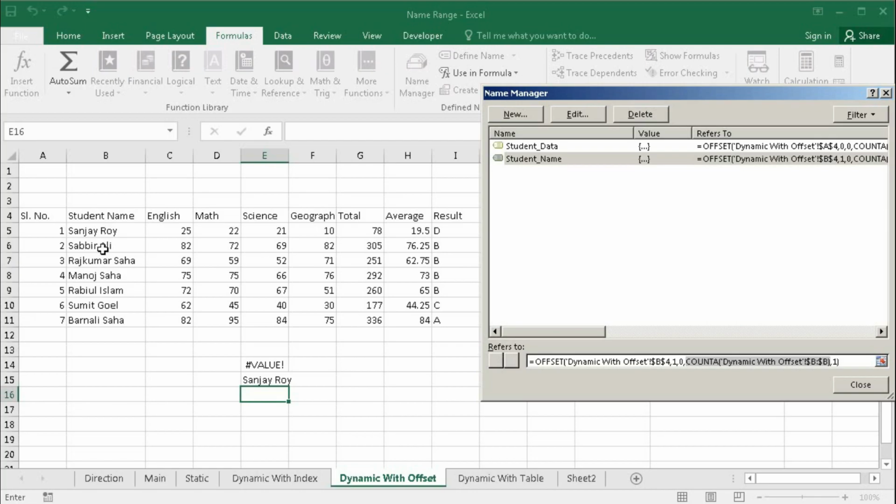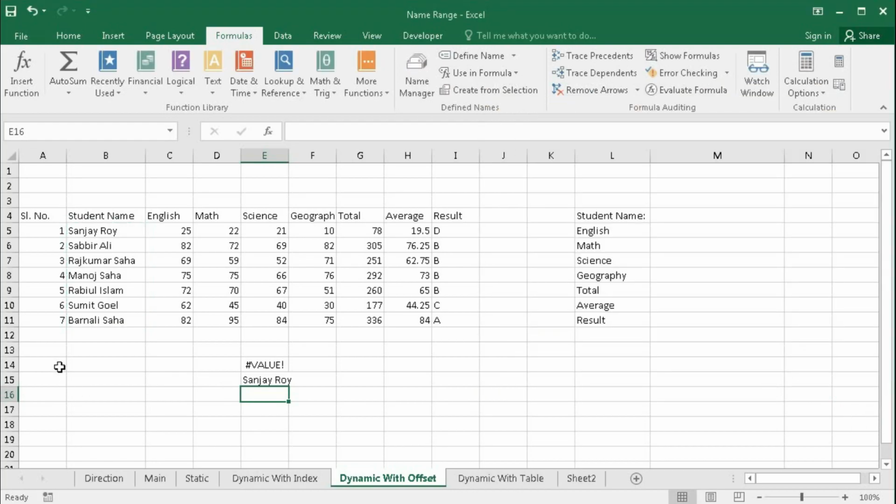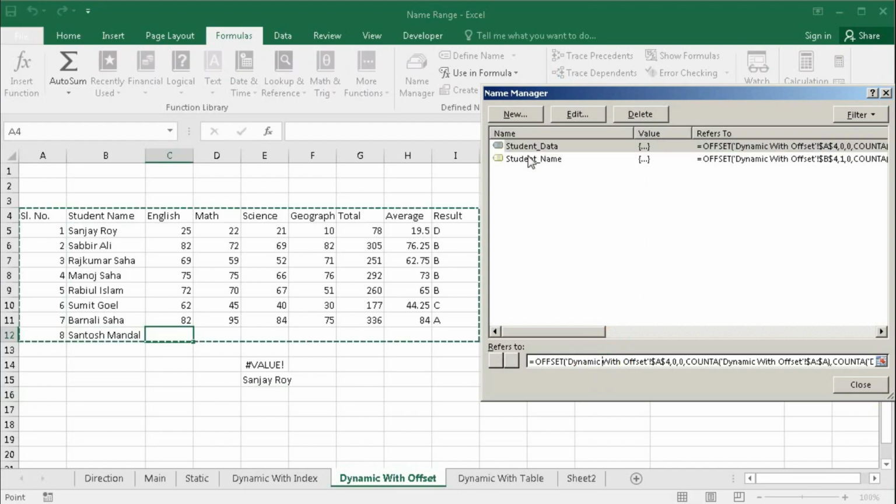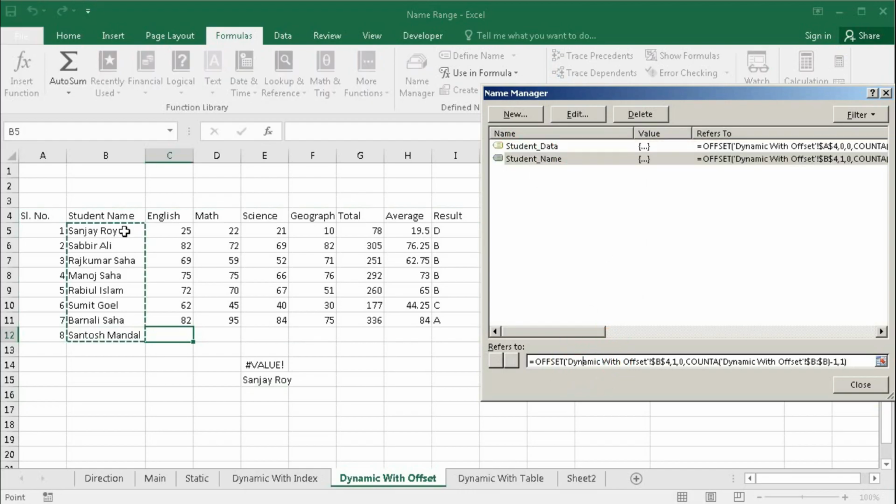So 1, 2, 3, 4, 5, 6, 7, 8. So it is selected up to this cell. So here I have to put -1, then click here, and I can see it is perfectly okay. Now if I add a new name, suppose Santosh Mondal, then go to Name Manager and select student name, and I can see that my range is